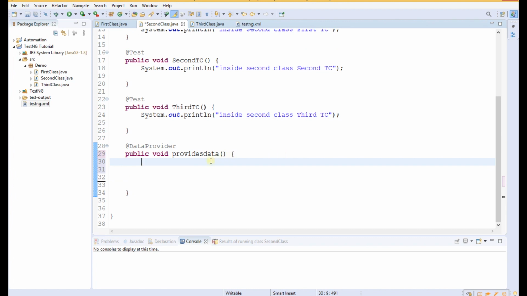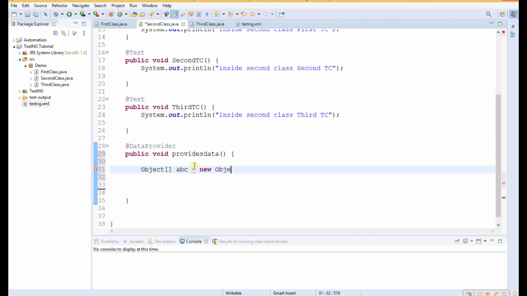In the data provider method, we have to use collections for storing our data and returning the data. So we can use a single dimensional array or a multi-dimensional array. Let us see the single dimensional array first. ABC is the single dimensional array, new Object, and let us give the length as 2.